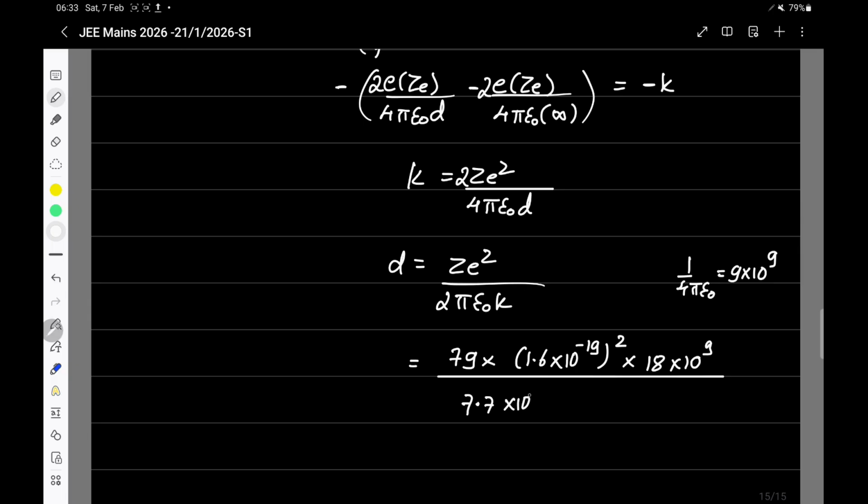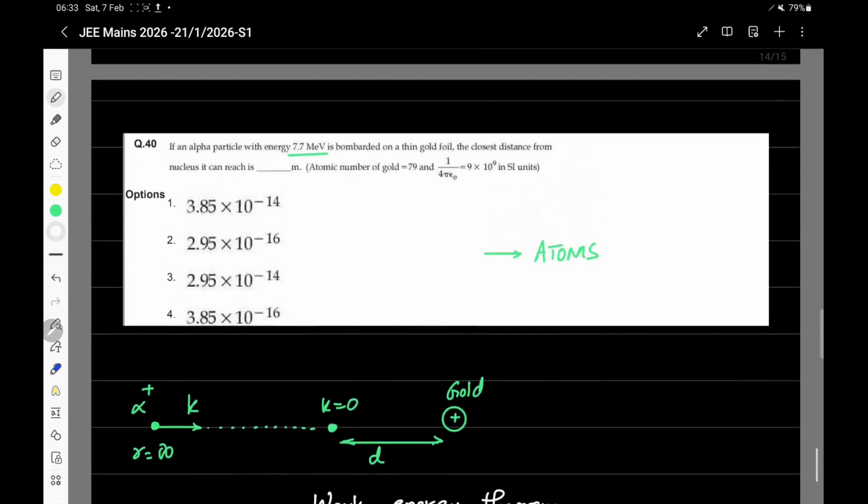Mega is 10 power 6. 1 electron volt is 1.6 into 10 power minus 19 joule. If you go through with the calculation, this comes out to be 2.95 into 10 to the power of minus 14 meter. This seems to be option